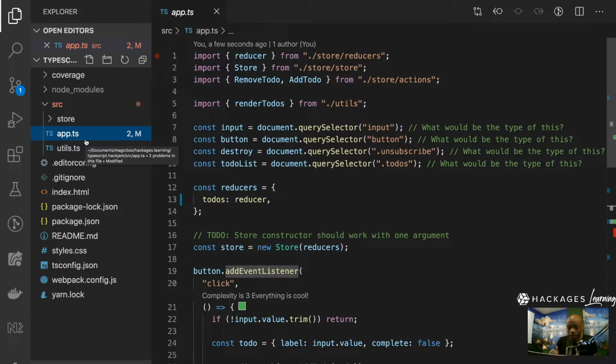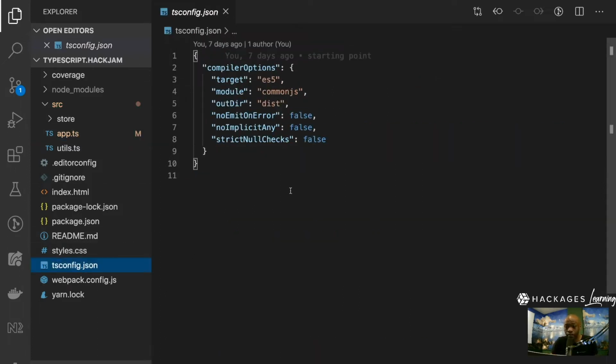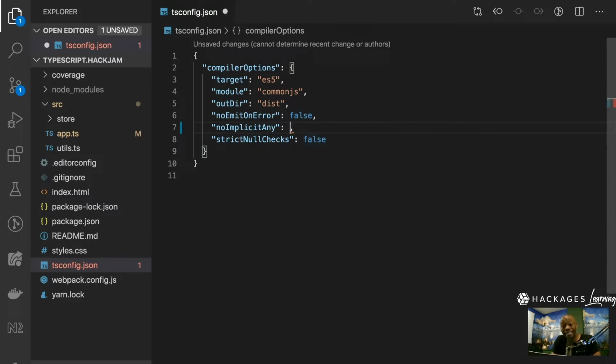And then the second step is basically, hey, in the first step, there was still something we needed to do, which is to go here and set no implicit any to false. Okay, so that's it. Now the step we are at here is the second step, where we make sure that the no implicit any is true. So that's the first part of the second step. Okay, but before I do that, I want to put those